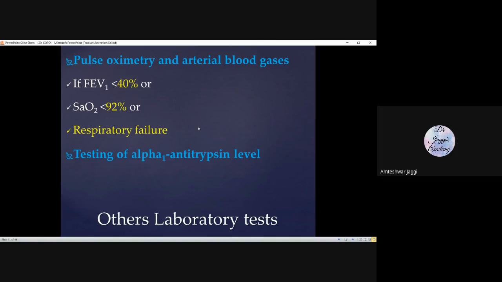This is one test. And for emphysema, you can perform this test also. You can measure the level of alpha-1 antitrypsin, whether it is present or not. Particularly, you will measure it if the age of the patient is less than 65. Otherwise, it is not routinely used. But if the age is less than 65, in the 40s, 45, 50s, and the patient has COPD, then you can go for this test for emphysema. Second, if there is a family history of COPD, then you can go for the antitrypsin measurement.